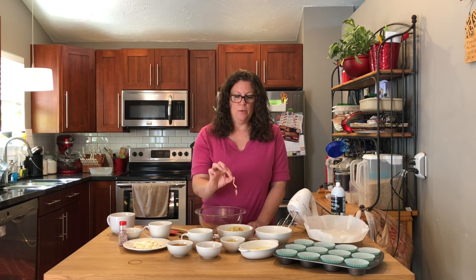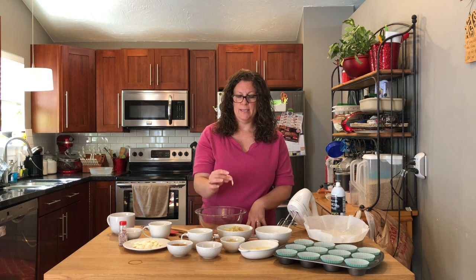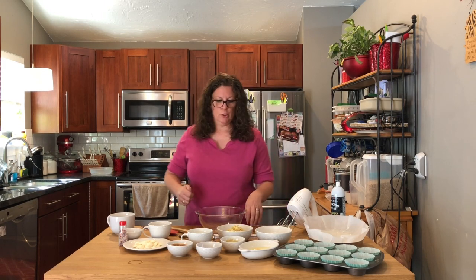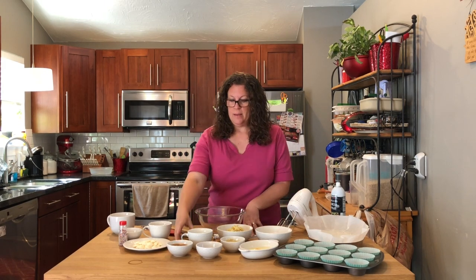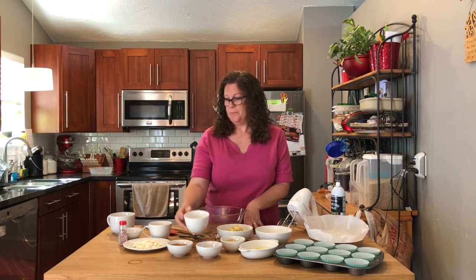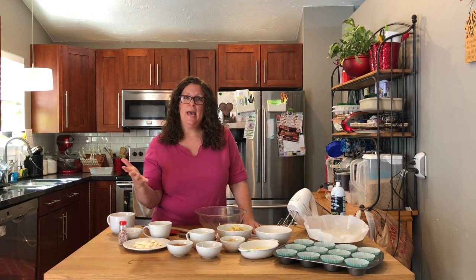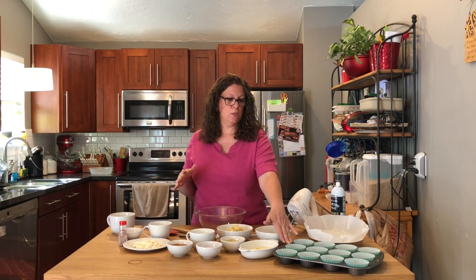And I found that doing it on the bigger holes, if you have both sides as an option on your grater, is the better option. Otherwise it just kind of becomes like an applesauce with the small one, so you just want little chunks of it in there. And then also 1/4 cup of coconut oil, and I've already gone ahead and melted that down. But, thinking a little ahead for decorating, this time around I'm going to be using just the